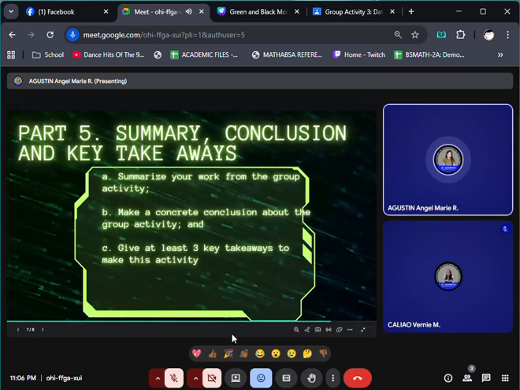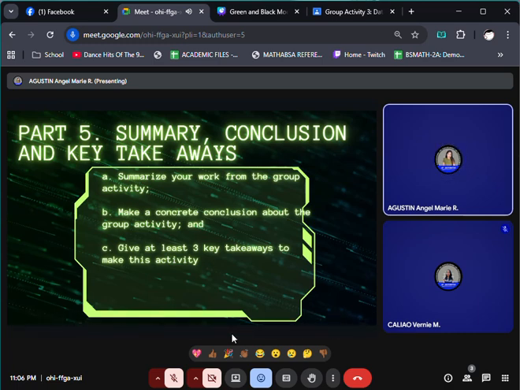So let's move on to the last part of our activity, which is the summary, conclusion, and key takeaways. Based on our analysis, we found that chicks generally grew heavier as days passed, but their growth rates varied by diet. This means that the type of diet significantly affects chick growth and performance. Through this activity, we also learned how to clean, summarize, and visualize data using RStudio.